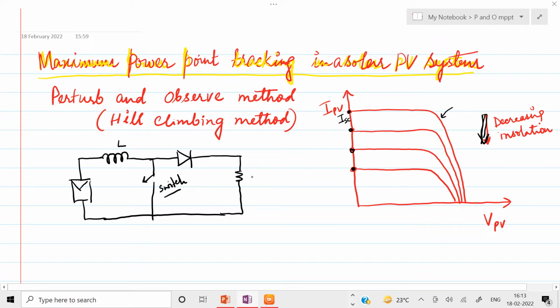Here we are considering a resistive load of value R, and normally we connect a capacitor at the load side since we have to obtain a fixed DC output, and similarly we connect a capacitor at the input side also, call it C in and C out. Now the values of this L and C in, C out